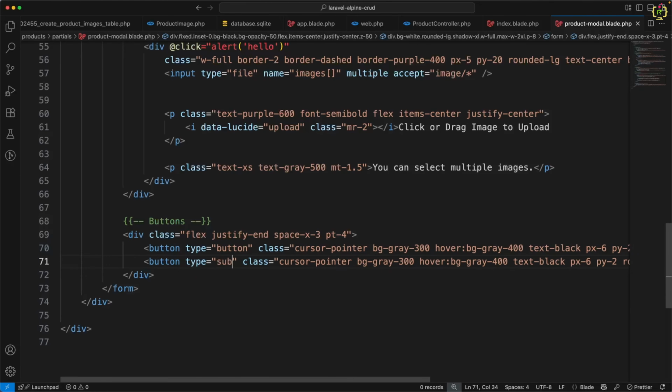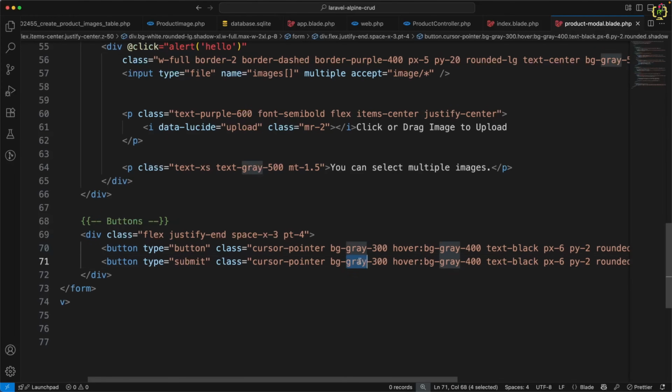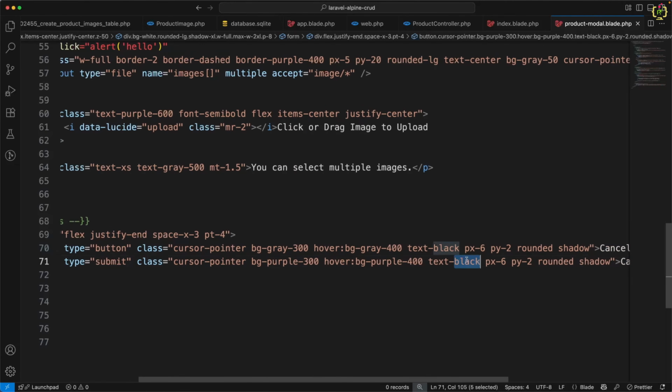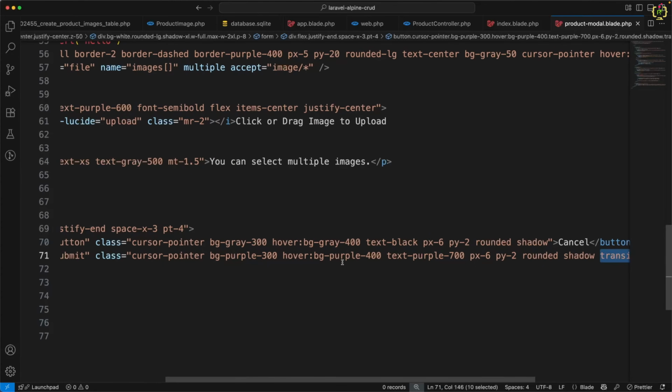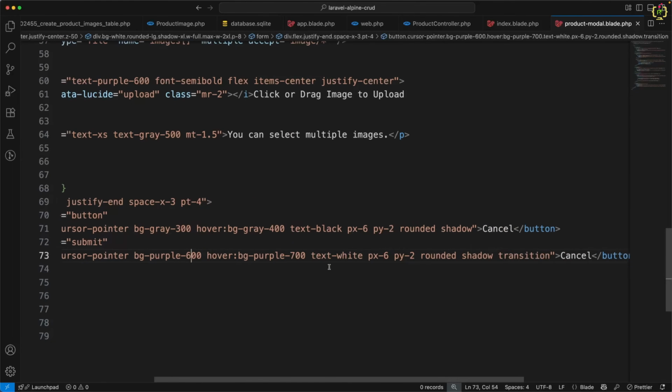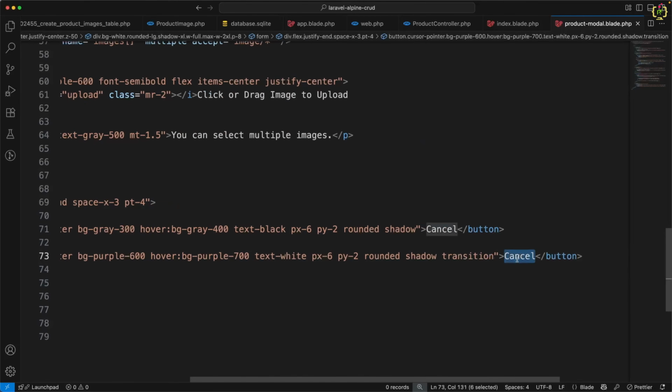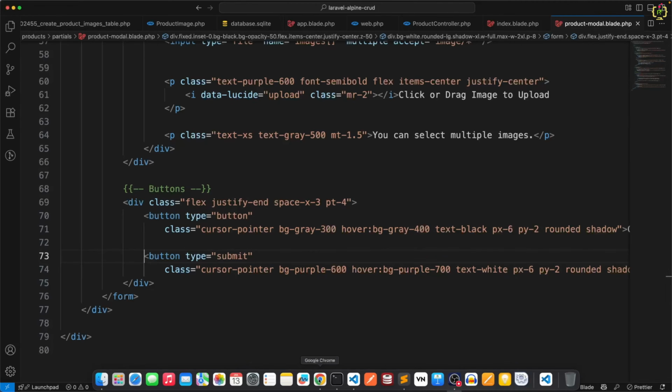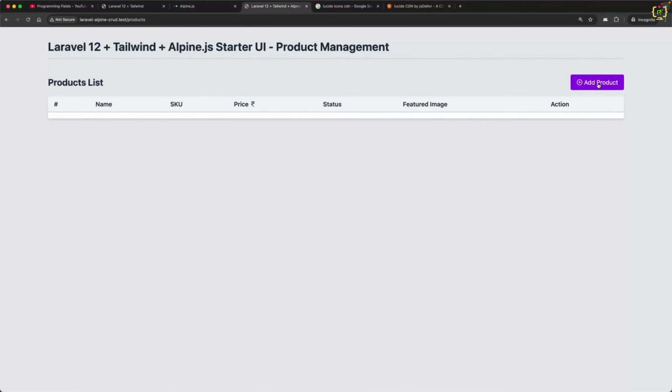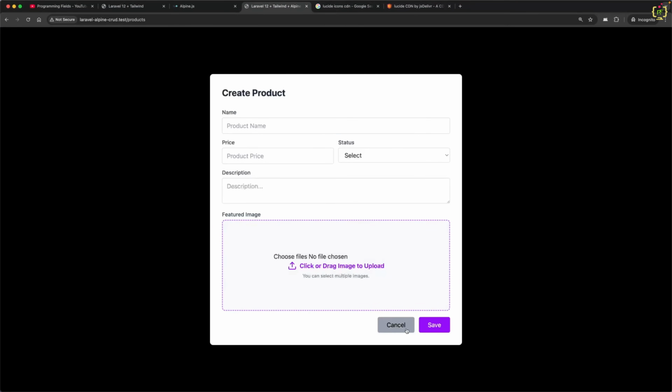The type will be submit, and I'll only change the color to purple here, and the hover text will be purple-700, hover bg purple, and I will set this to 700, and this text will be white. And also let's increase this opacity to 600 so that it will be darker, and the text will be save. Now let's check out the browser, and if we click on add product, yes, we have cancel and save